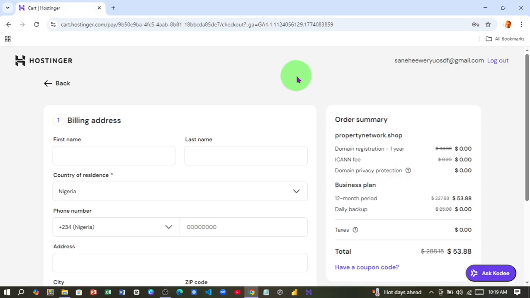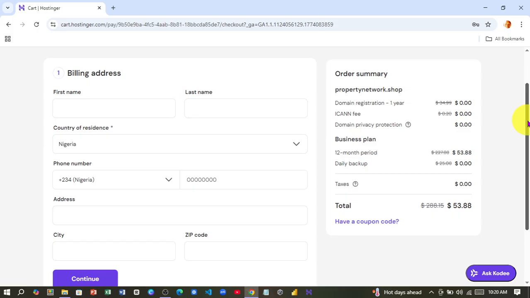This billing address now, is it where the client or you? You can decide to use the client's own, or you can decide to use your own. But the person that will provide the payment should at least be the same as this. Now I'm going to use my account to make payments, so I will fill exactly mine. But if you're going to use the client's own, you fill his exactly. Let's say my first name is Namdi, last name is Henry, country, I'm Nigerian,